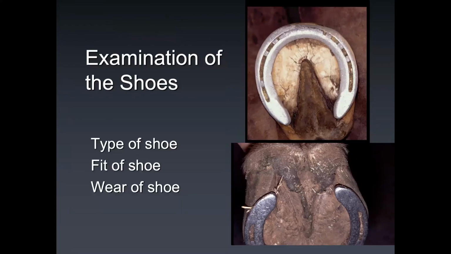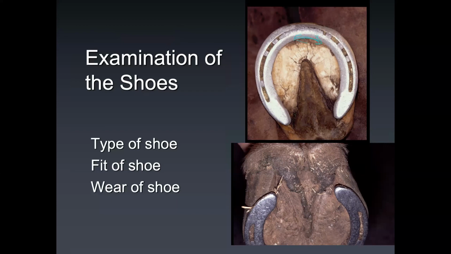So the last piece of this sort of basic exam is have a quick look at the shoes just to see how they wear, okay? Because they tell you something about the horse's moving, whether it's favoring something or not. Most horses are going to wear the outside toe slightly more. Here you can see that there's more wear in this area here, from here to here, than there is elsewhere